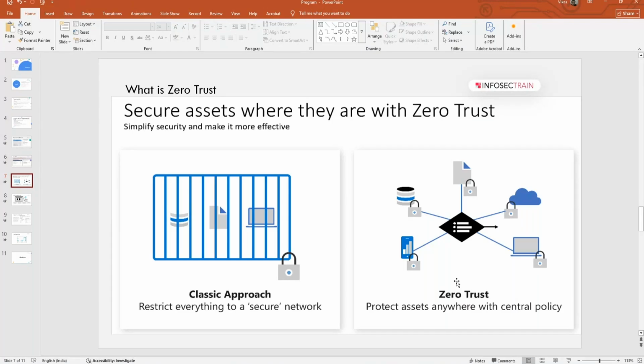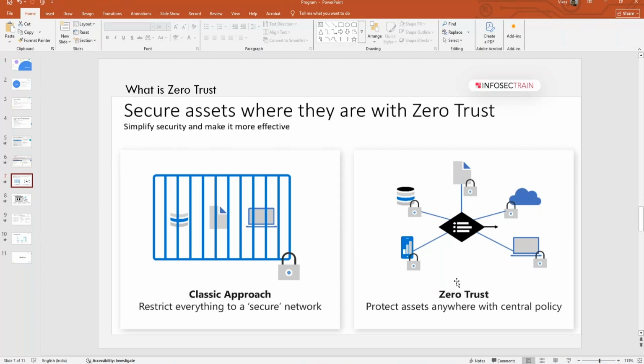For example, when you use a network, we put firewalls. If you use an application, we use WAF and DDoS protection. If you access your data, we use labels and DLPs. If you use a machine to access the cloud resources, on the machine we do endpoint security.